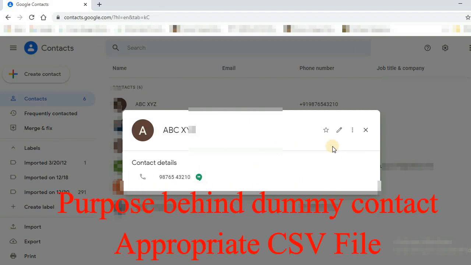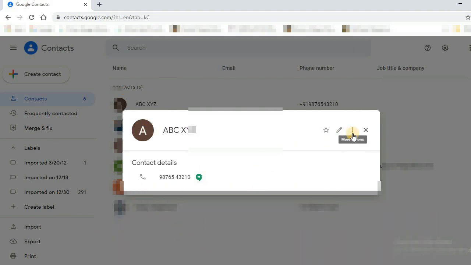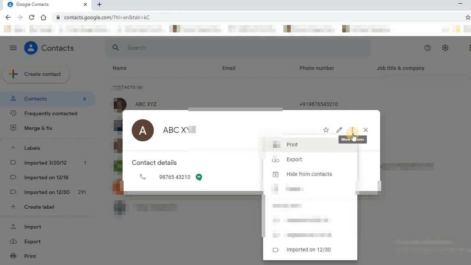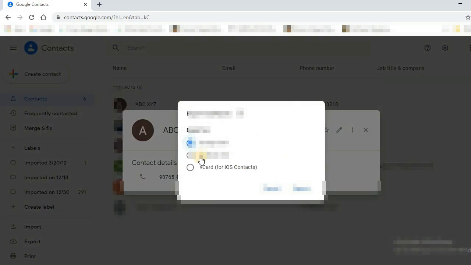The purpose behind this was I needed this appropriate CSV format, which I can get from here, like export. When you export, this contact will be exported to some appropriate Google CSV format.